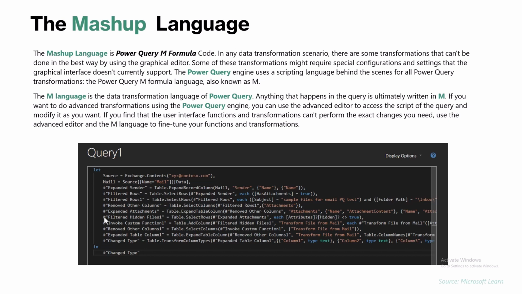by using the graphical editor here, some of these transformations might require special configuration settings that the graphical interface doesn't currently support. The Power Query engine has a scripting language behind the scenes for all Power Query transformations. So the Power Query formula language is also known as M. So any time you do a transformation in Power Query,